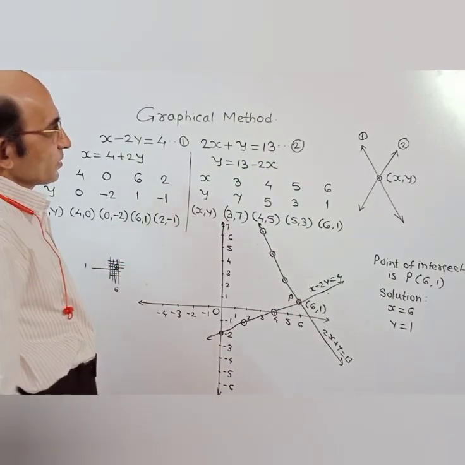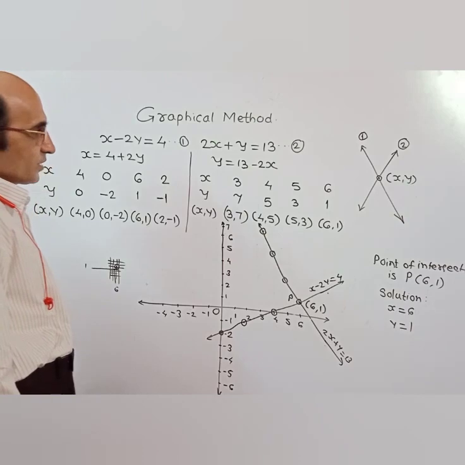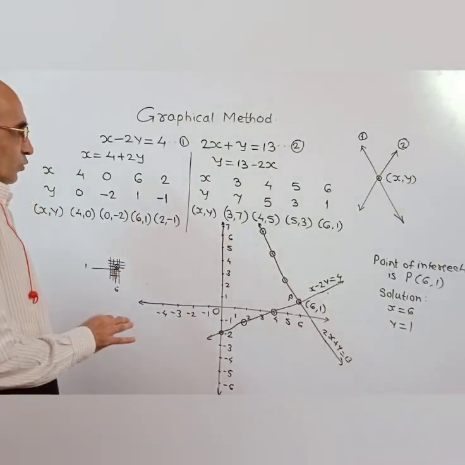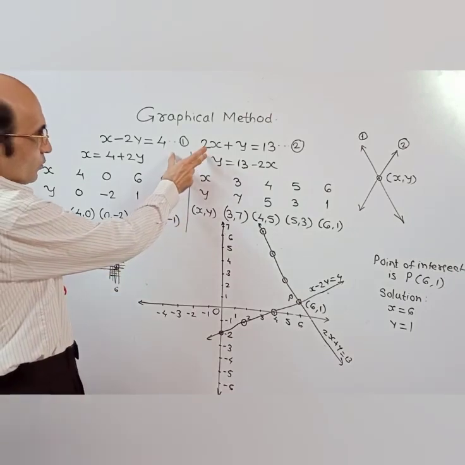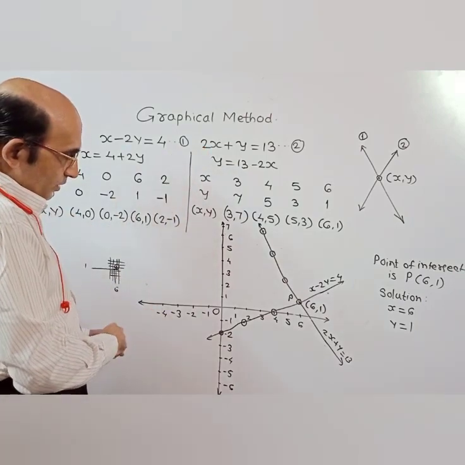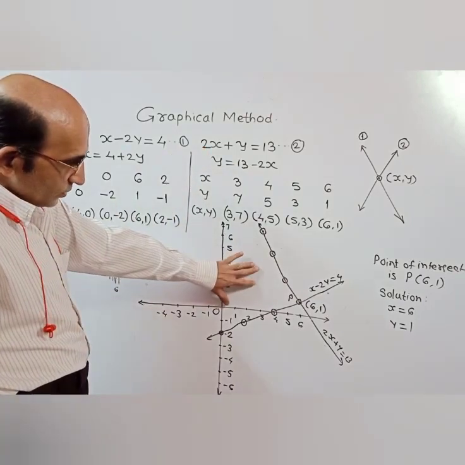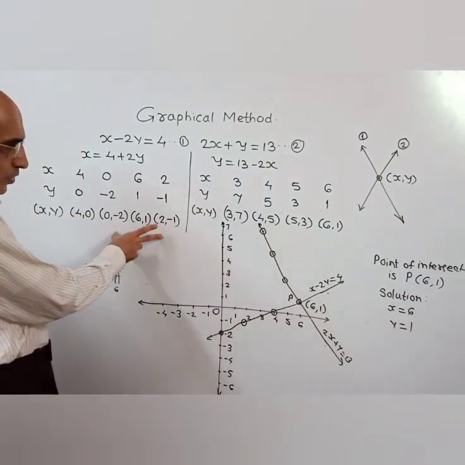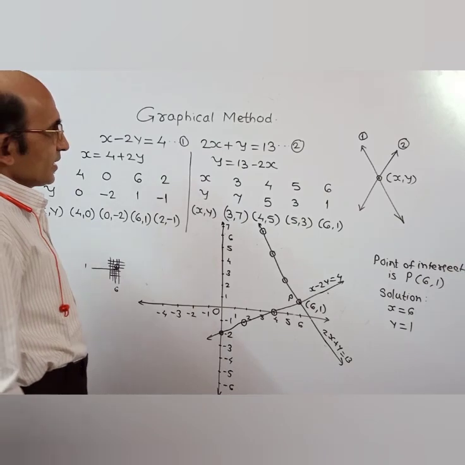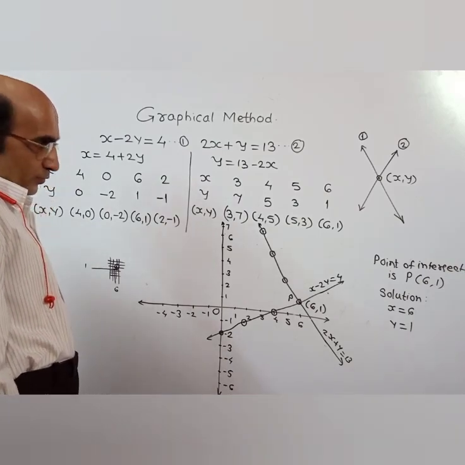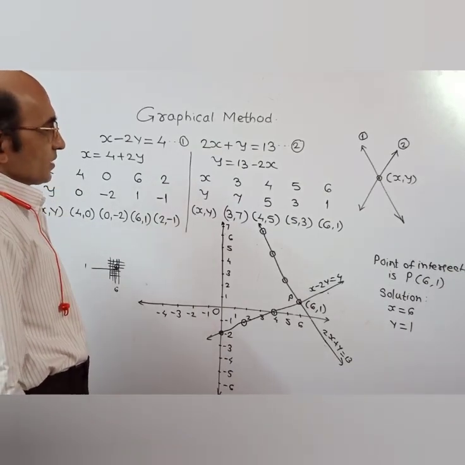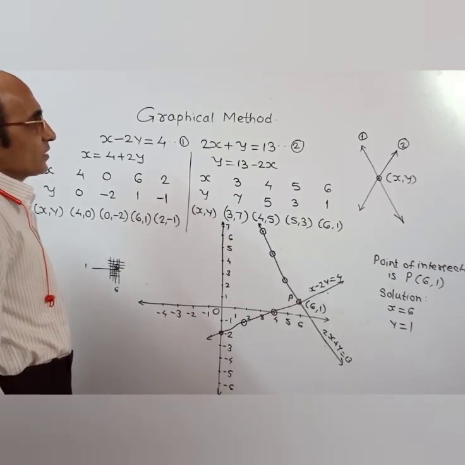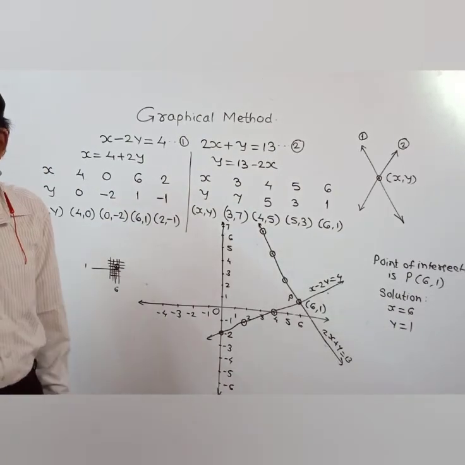This is the graphical method to solve the linear simultaneous equation. Your first homework is, for these two straight lines on graph paper, you draw these lines, see whether you are getting the answer or not. You can take the same points or different points. And additionally, a few problems from our practice set. This is the third method to solve the linear simultaneous equation.